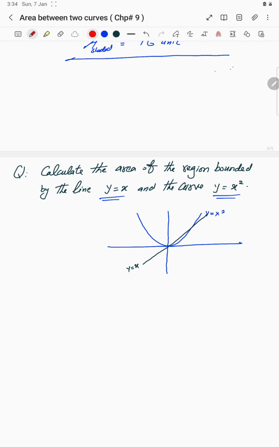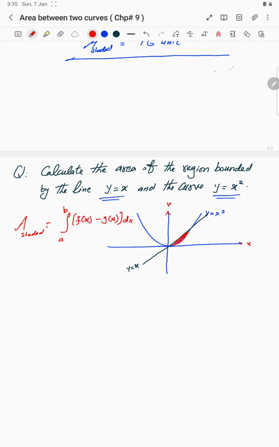Therefore, the shaded region will be this one between the curve and the line. And you can see here on top we have the line and at the bottom we have the curve. So, as we have discussed, the area shaded will be from A till B. Top is line, so first f of x minus g of x, those two functions, d of